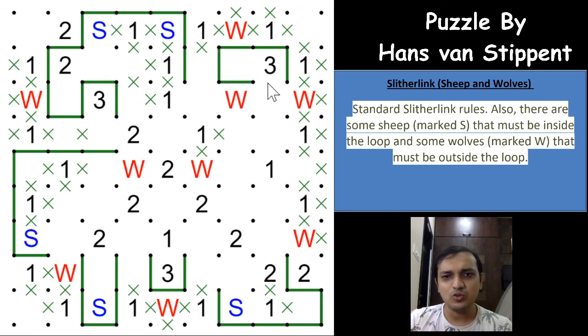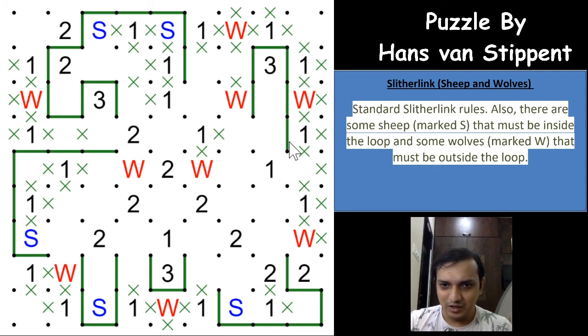What happens here is you close the loop here, which means that both of these won't be loop segments. This will come down this way, again come down this way, come down this way, and you have a cross here because this loop segment will either go this or this way, and